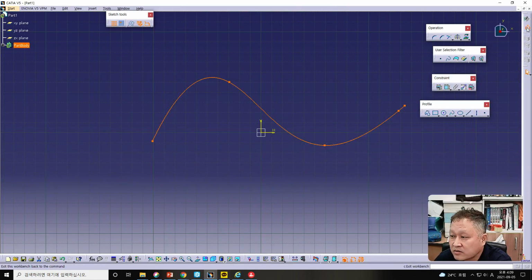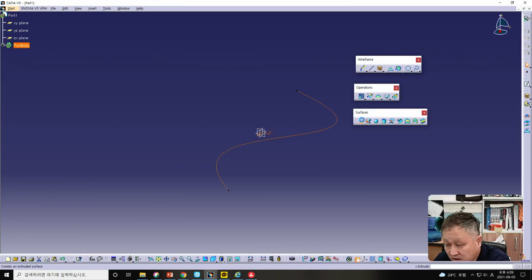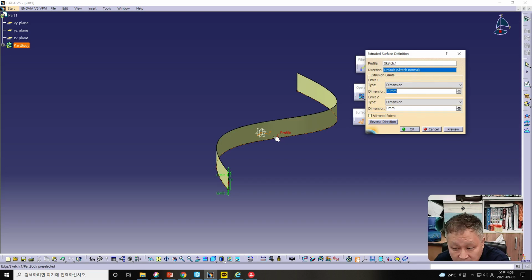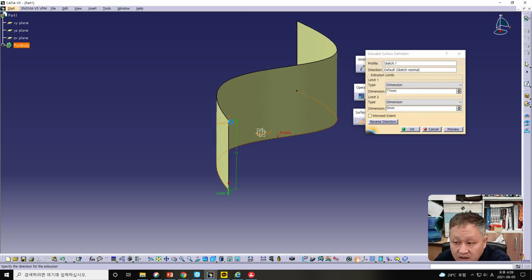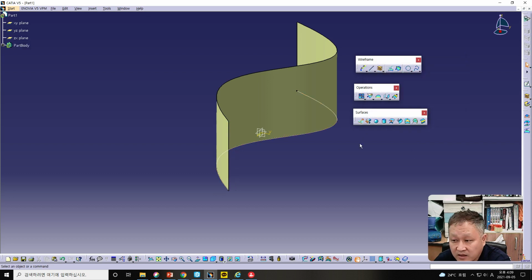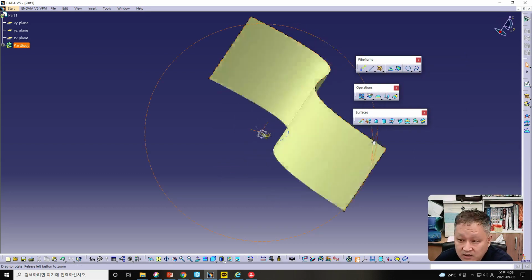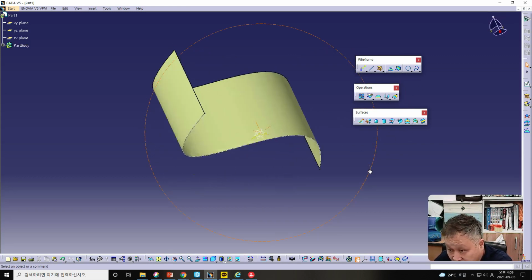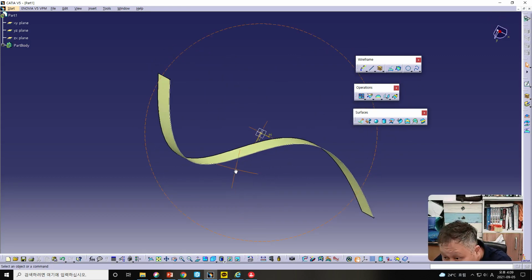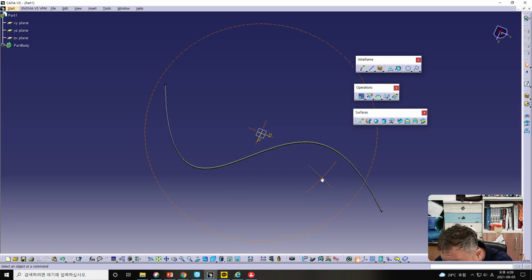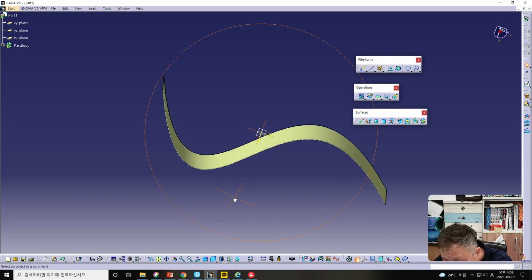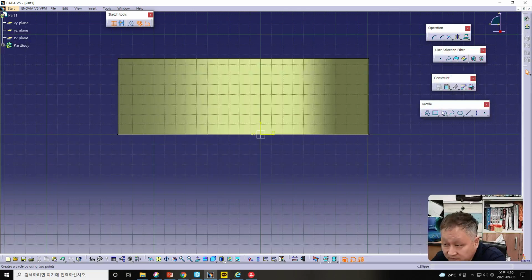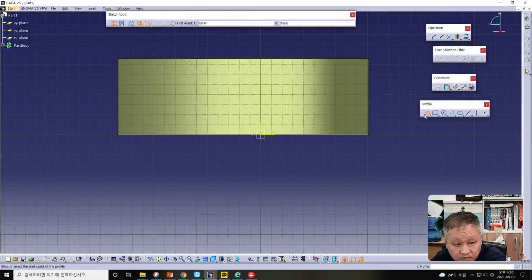And exit it and extrude, making a profile from here. Then okay, then for this I will make some